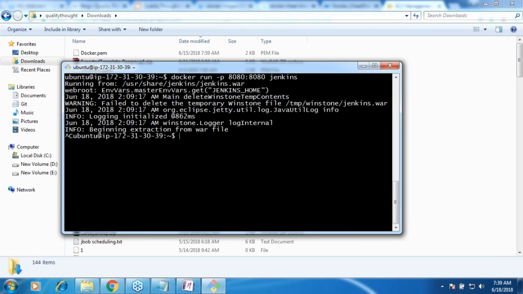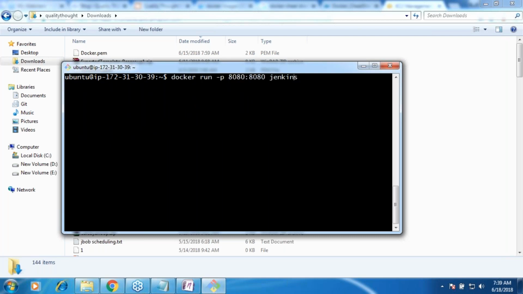One minute, guys. I'll be adding only one thing to this. Apart from this, I'll be adding -d. Okay. -d is run in the background. Don't show me all the console outputs. Run in the background quietly. I want my terminal to be reused. Okay. This -d is called detached mode.